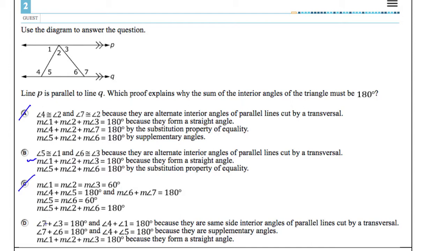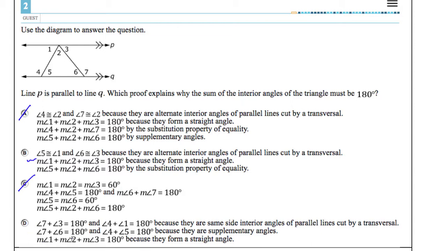D is saying 7 and 3 equal 180. Yeah, they do equal 180 if I add those two. We haven't talked about it, but those are called same side interior angles, so they always add up to 180 degrees. That is true. 7 and 6 add up to 180. Well, that also is true. 7 and 6 add up to 180 because it's a straight line. They're called supplementary angles. So first line good, second line good, and then